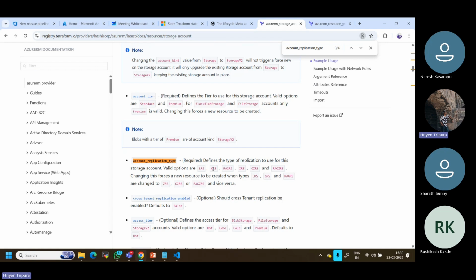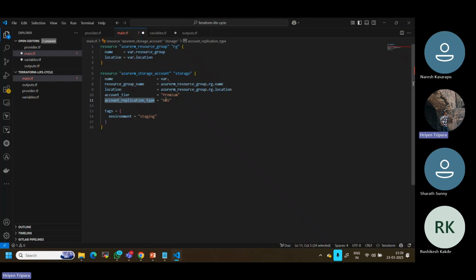So instead of ZRS, I can define anything. Let me give LRS. LRS is nothing but local redundant storage. Okay, local redundant storage. Now I can mention, instead of GRS, which means geo redundant storage, now I'll make it local. Now this is okay. Now this is pending, right? Look, how can I call? As I told you, sorry,